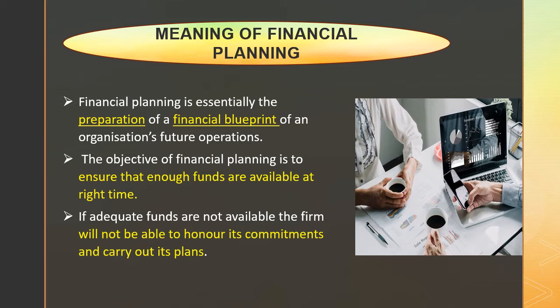Okay, but in the organization we would say it is called preparation of financial blueprint. The reason is that it will have a lot of these graphs, these pictures, and a lot of analysis would go on about what they are going to do for the future, how things are going to go on for the future. So it's nothing but preparation of financial blueprint in the organization. Now, the objective of financial planning is to ensure that enough money is available during the right